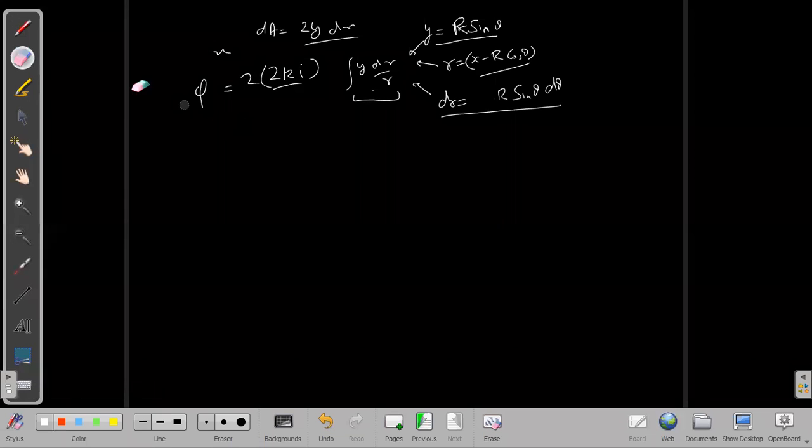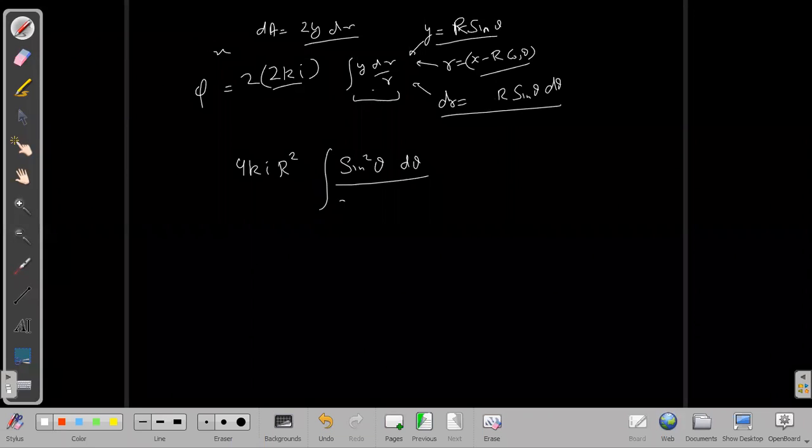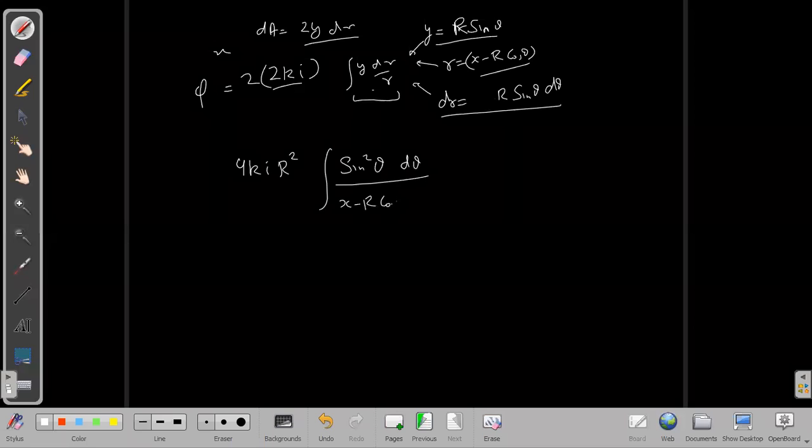What next? Next we can write 4k into y is r. One r comes from y, one r comes from dr. These two r's are coming here only, so r square is taken out. Inside we are left with sine square theta d theta upon x minus r cos theta. If I put x minus r cos theta as some unknown...